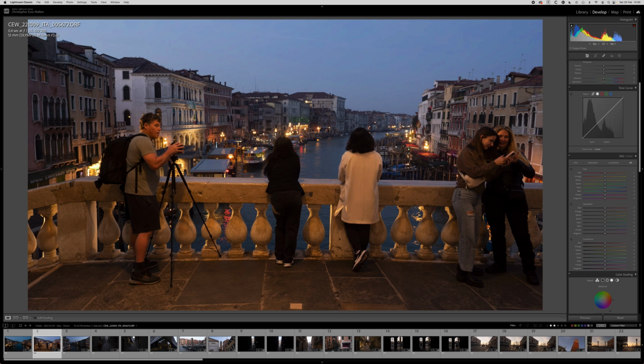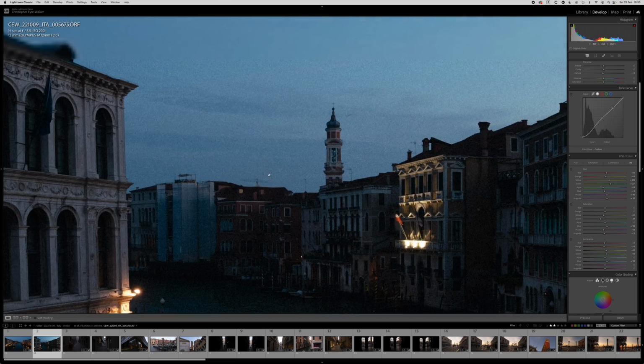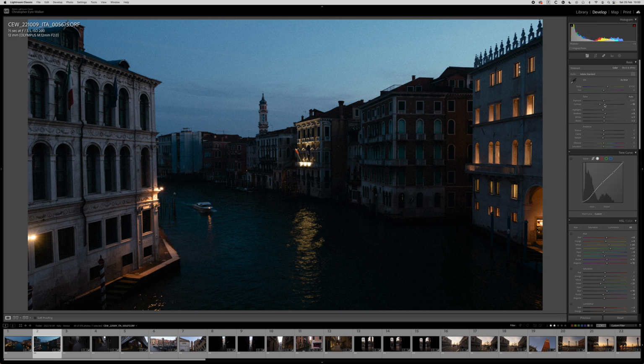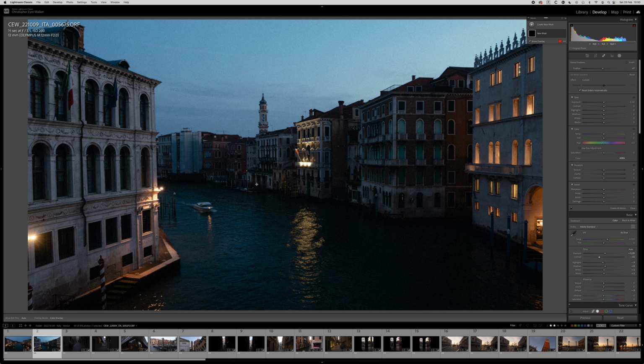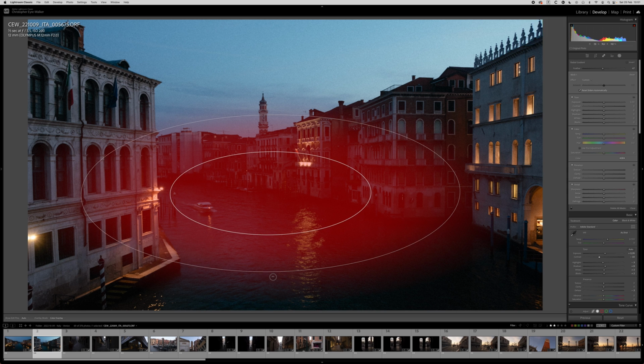Jump into the second shot. Looking at it now, I don't really like the shot so much anymore, so maybe I'll take it down a star so it comes out of my selection. So there we go. Now this is looking the other way. Ooh, yes. I do love the grittiness in this. Always punch in so we get the full size preview. And I might actually bring up a little bit of the exposure. Lower the contrast. And I kind of want more attention here. So by pressing Shift M, I get the radial filter, and we're going to do this here and maybe give it a...